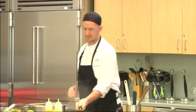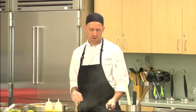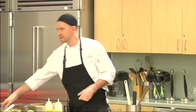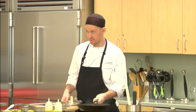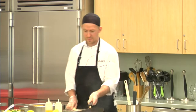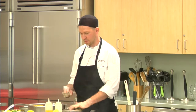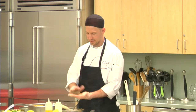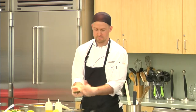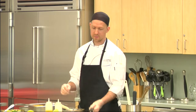For the black bean cake, you want to make sure your pan is nice and hot. As you can see, it's smoking quite a bit, so just turn down the heat a little bit. This one's perfect? Okay. And then this is going to be about a 3-ounce portion, which is how the bean cake looks. You just carefully put it in there so that you don't splatter